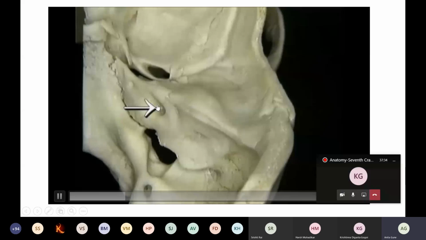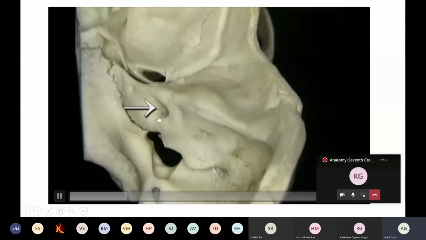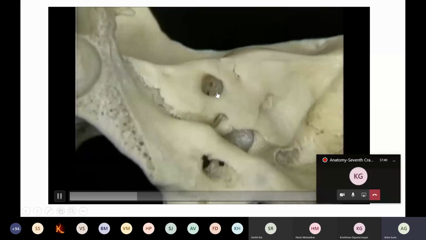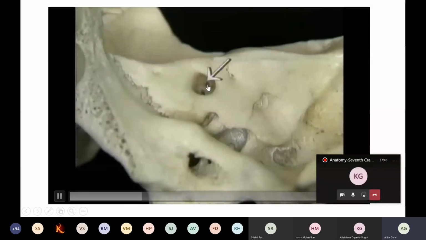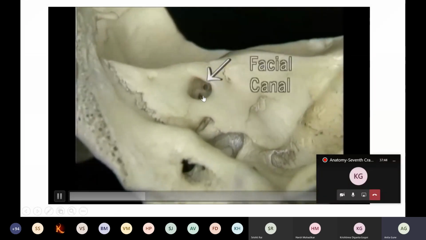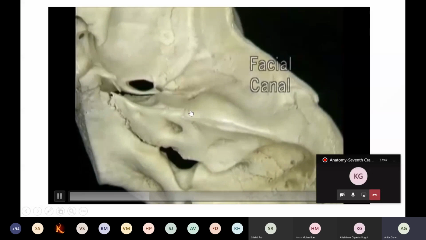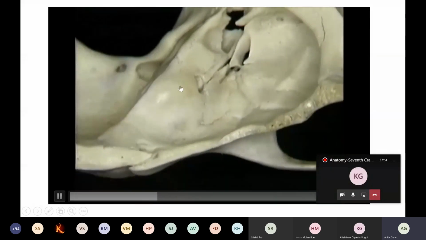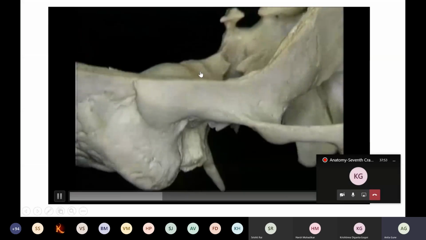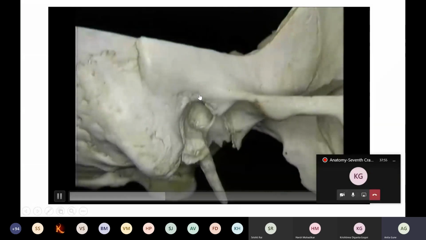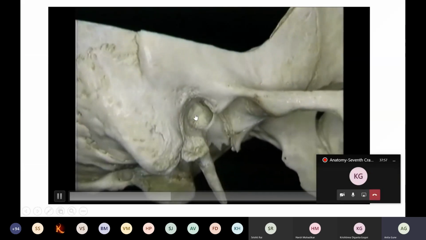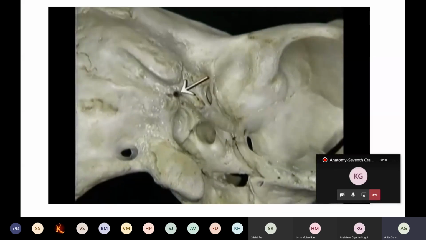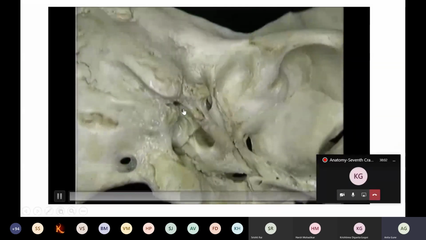If you see in the dry bone, this is your internal auditory meatus. If you really look into it, as we said, this meatal part is divided: this is the facial canal above, and here is your vestibulocochlear nerve from where it will come out. In the facial canal, it will enter into the petrous part, and from the inner part, it will come over here. And then we have shown the external acoustic meatus. The tympanic membrane has been removed. This is the stylomastoid foramen from where it will come out.